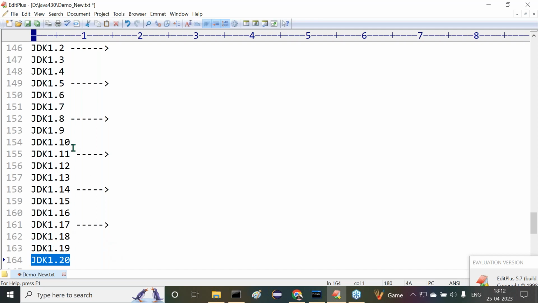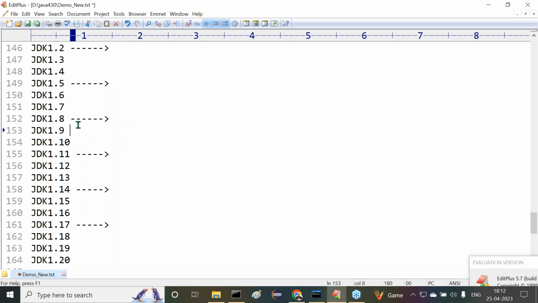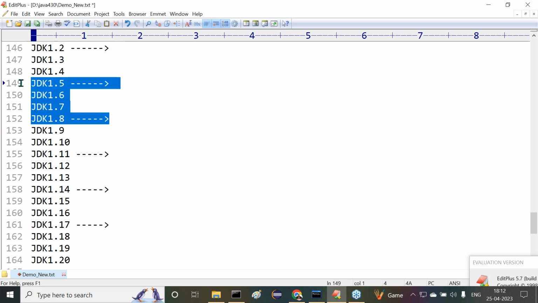But I'm telling you, up to JDK 8 version, Java is completely stable. Afterwards, Java is coming in a rapid manner. Rapid manner in the sense, what is the meaning of it? In a hurry-burry manner, Java versions are coming. Even the software industry utilized Java up to this 8 version in a stable manner.